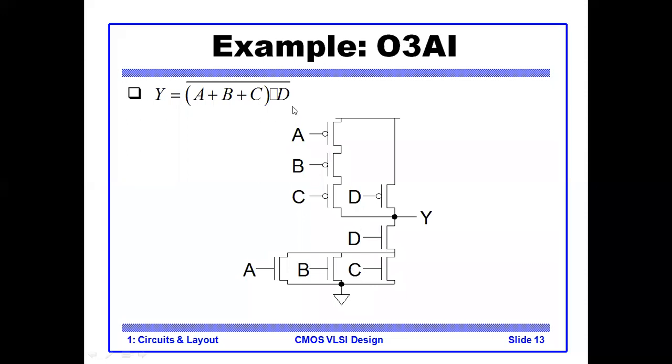So these are the basic rules, very simple basic rules. Based on those rules, you know the logic you have to implement, or you have to design the CMOS circuits. So you only need two basic things: you know what logic you have to implement in the CMOS, and you know the basic rules in the case of the PMOS and NMOS, how to use the series and parallel combination. So easily you can implement the circuit.